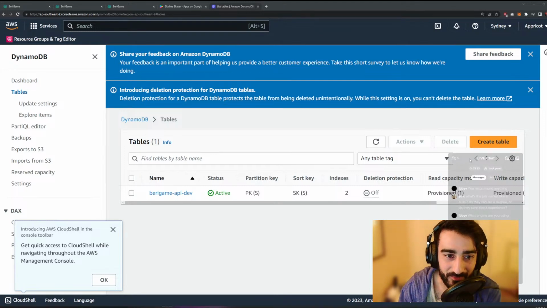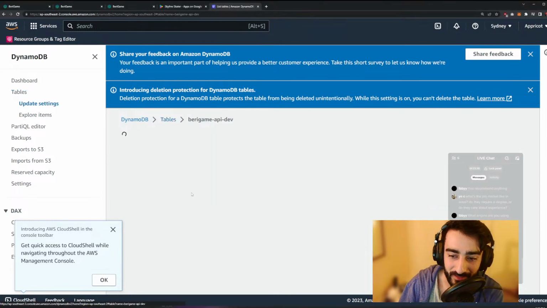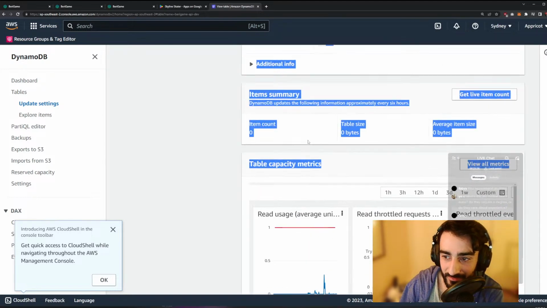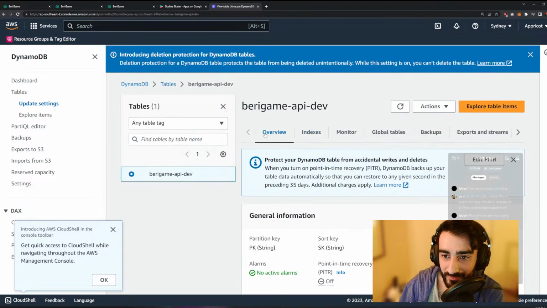But with DynamoDB and the research I've done, they've said put the whole application in one table, and the way you separate stuff is with these partition keys and sort keys, and that's how this one's meant to be